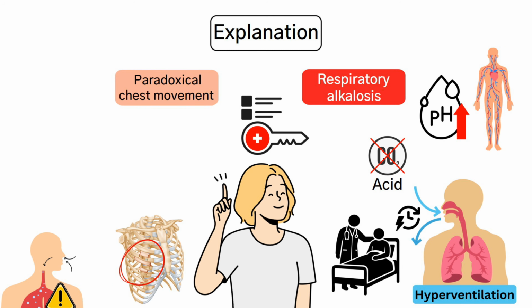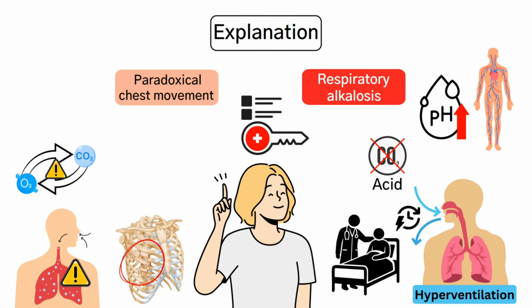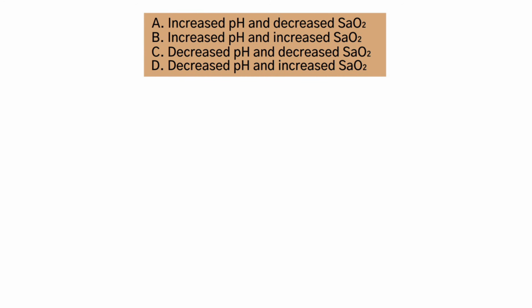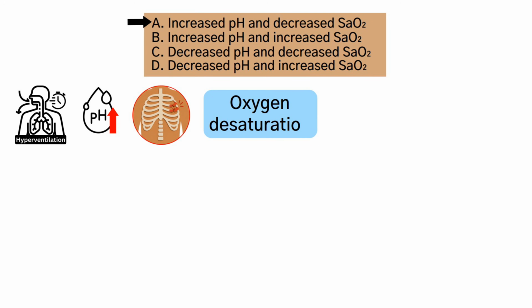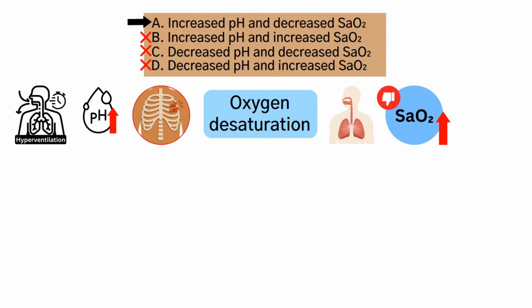This impairs ventilation, reduces oxygen exchange, and results in hypoxemia, which lowers the arterial oxygen saturation. With these points in mind, the correct response is that the patient would show an increased pH and a decreased SaO₂. Hyperventilation explains the alkalosis, while the impaired ventilation from the flail chest explains the oxygen desaturation. The other answer choices can be ruled out because they do not align with the physiology. An increased SaO₂ is unlikely in this situation, and a decreased pH would suggest acidosis, which does not fit with